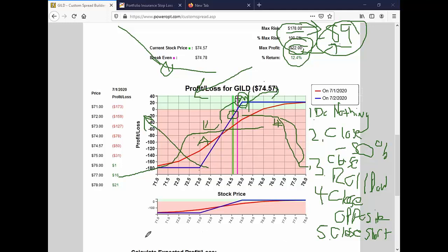Now I'm kind of missing one here. I can tell already. We did close and do the opposite. Number 6, if the stock has fallen a little bit and you think it's going to stabilize and recover, what